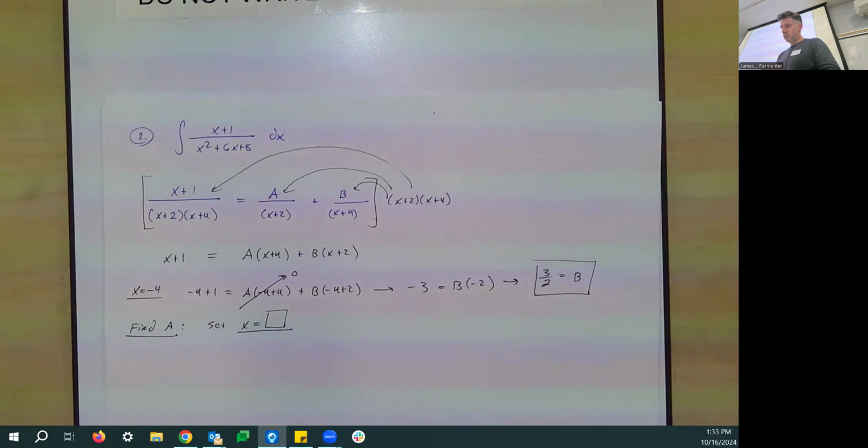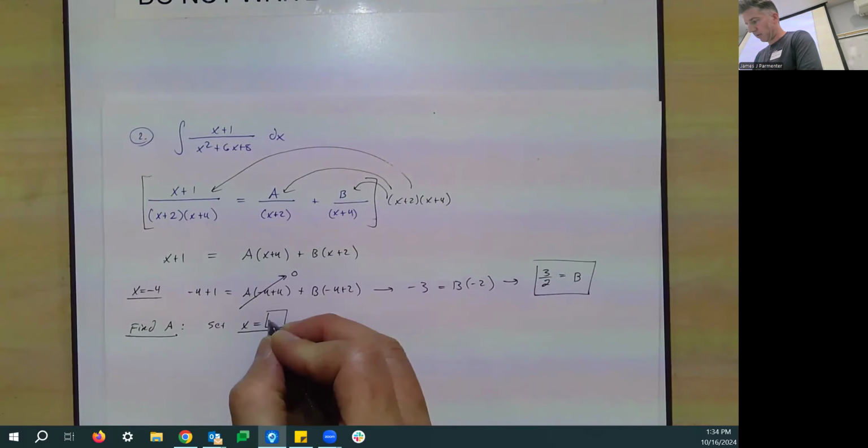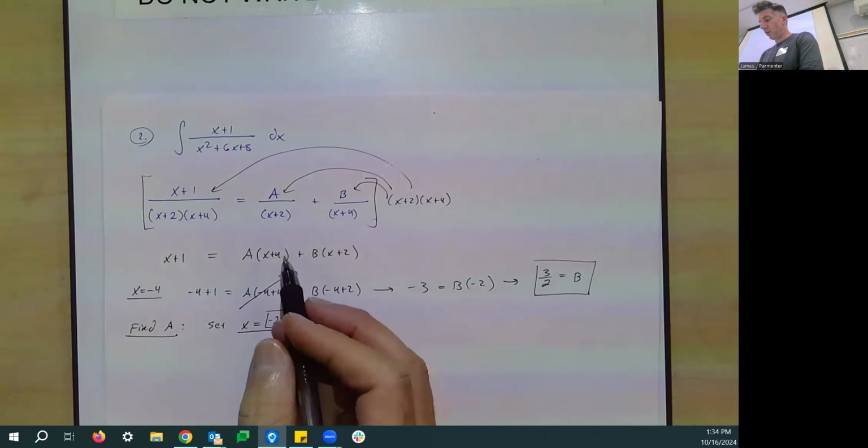All right. So we should be picking x equal to -2, because then if you plug that into both sides,